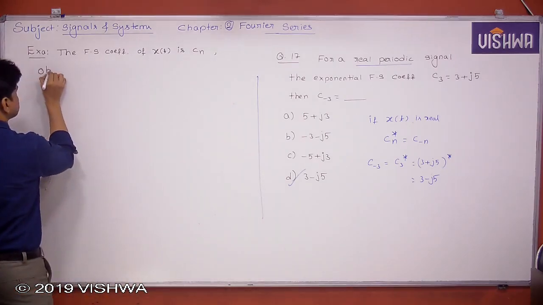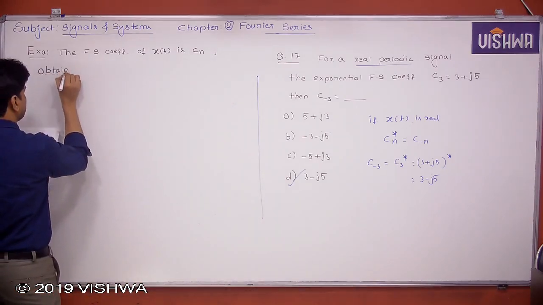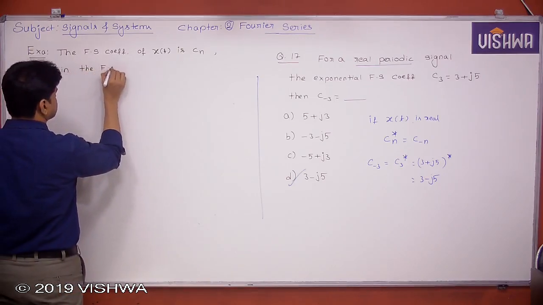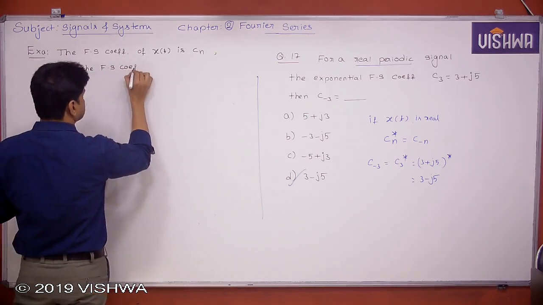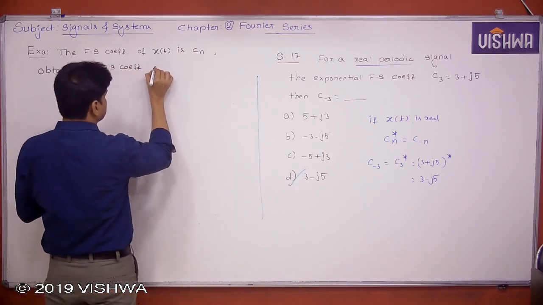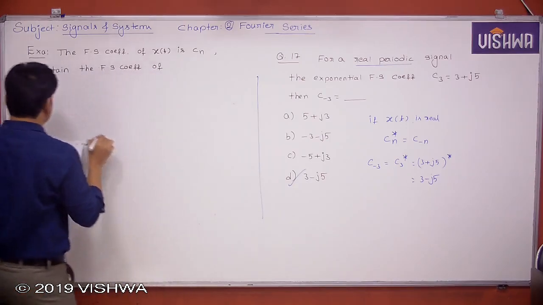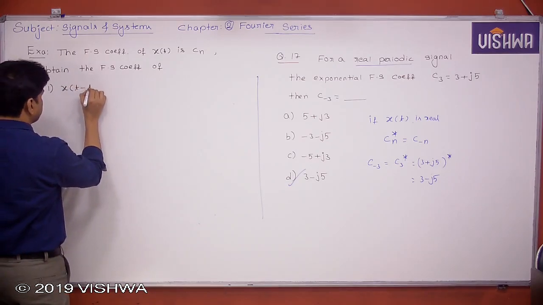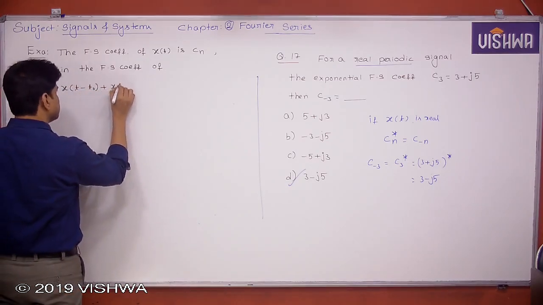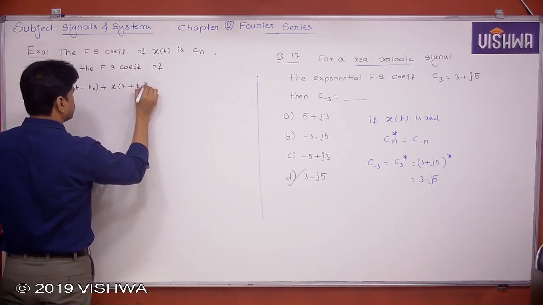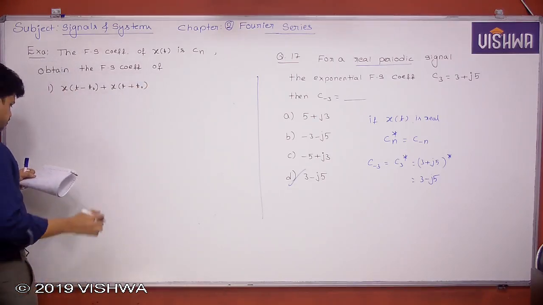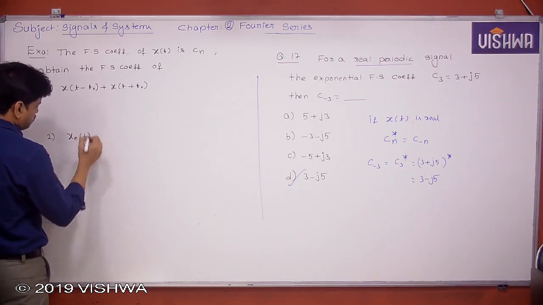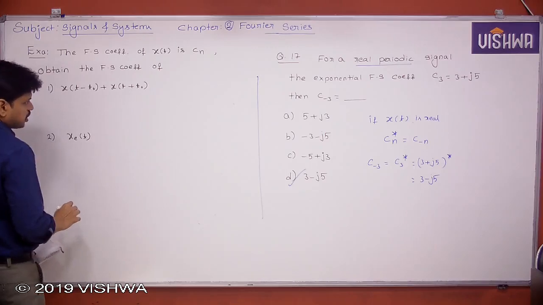Obtain the Fourier series coefficient of the following. First question: x of t minus t naught plus x of t plus t naught. What is the Fourier series coefficient of this one? Second one: x even part of t. And third question: